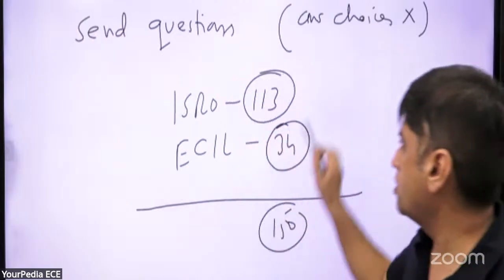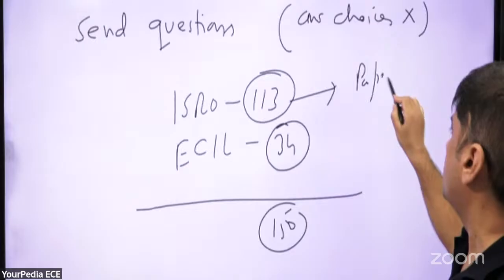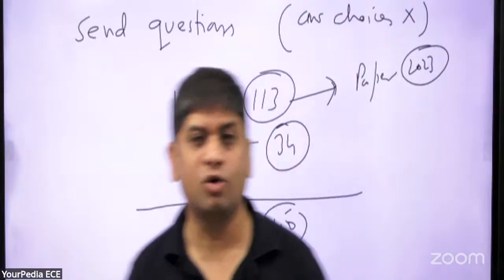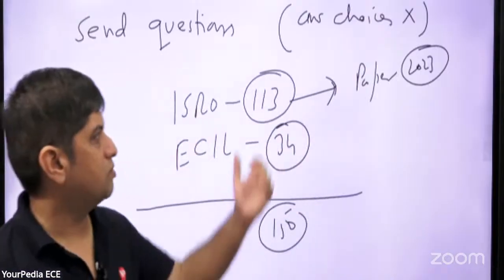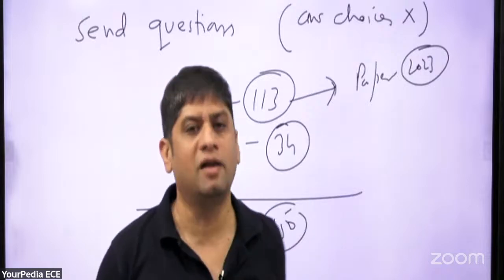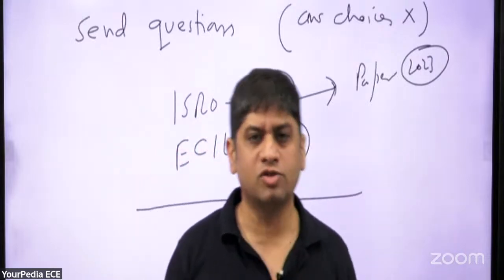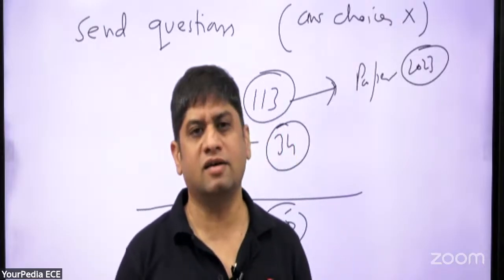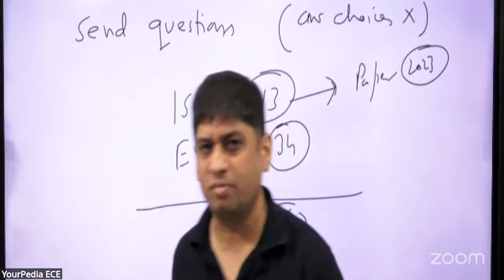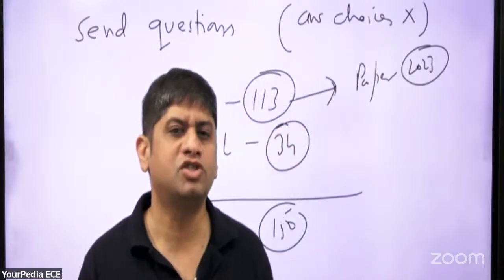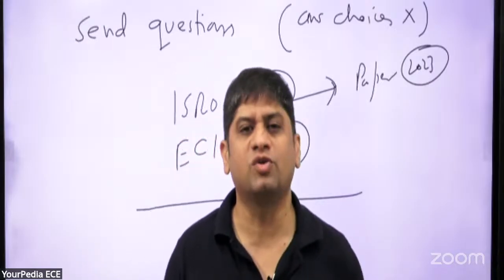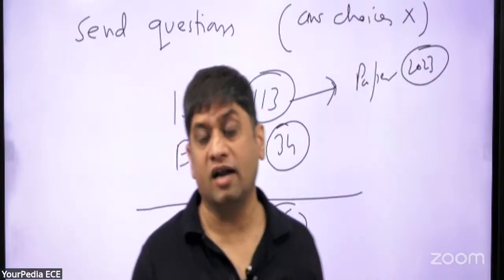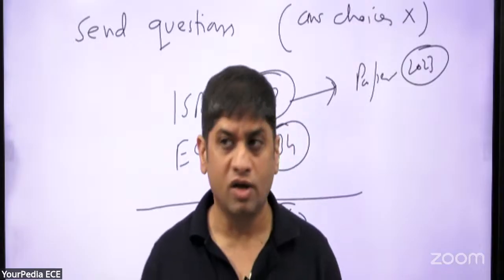Now if you simulate what the paper of ISRO in 2023 was, obviously the paper will not be repeated exactly, but the pattern will be repeated by ISRO, similar to BEL. अगर आपने BEL का पुराना पेपर देखा होगा, जिसके बेस पे हम लोगों ने प्रेपरेशन किया था, you understand that BEL also conducted a similar paper. Now we can be sure that ISRO is also going to conduct a similar kind of paper, and YourPedia has already done the detailed analysis of various topics of ISRO जहां से पेपर आएगा.